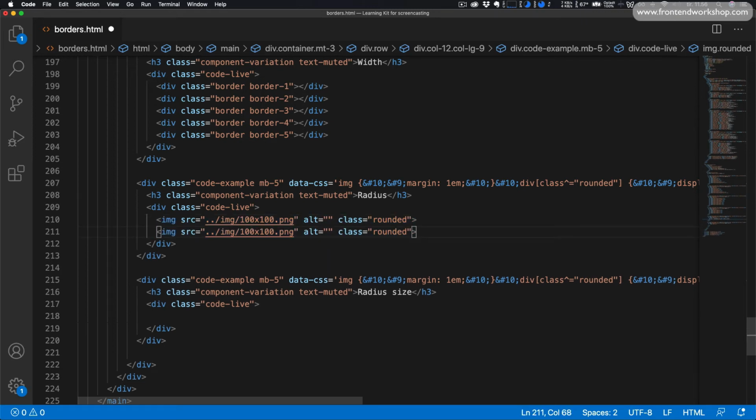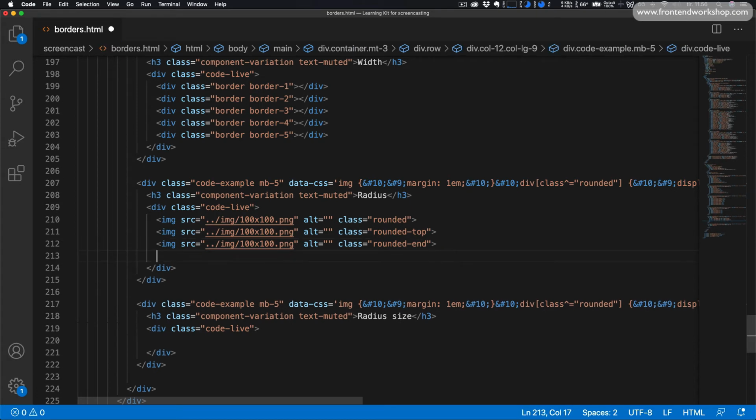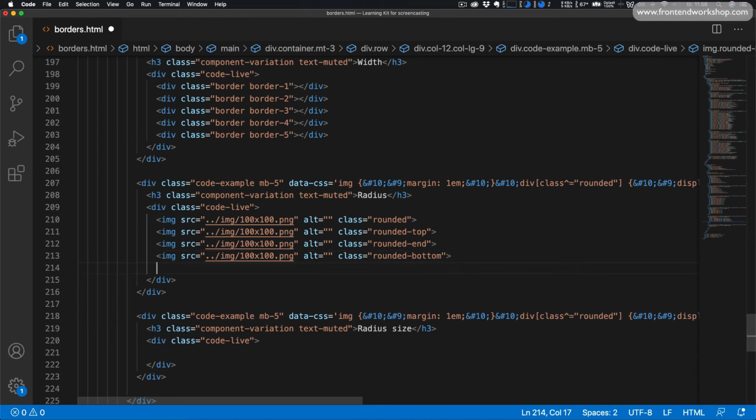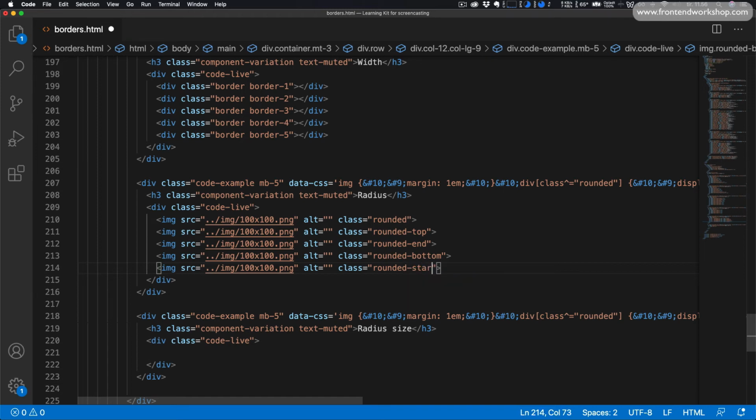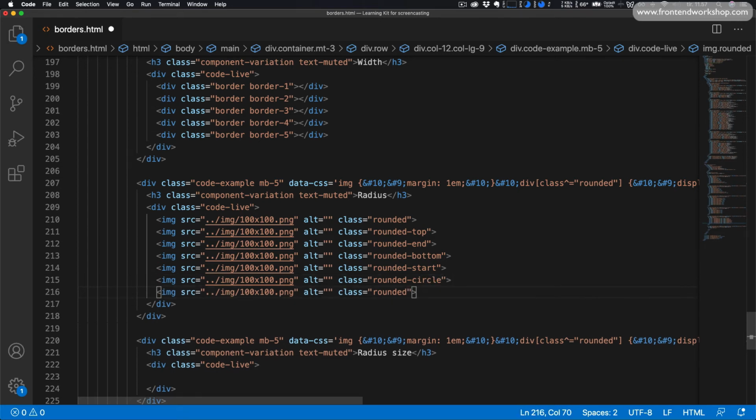We can also add it only to the top left and top right corner by using the class rounded top, or in the top right and bottom right corners by using the class rounded end, and in the bottom left and bottom right side by using the class rounded bottom, and in the top left and bottom left side or corner by adding the class rounded start. We can also turn this into a circle by using the class rounded circle, and a pill shape by using